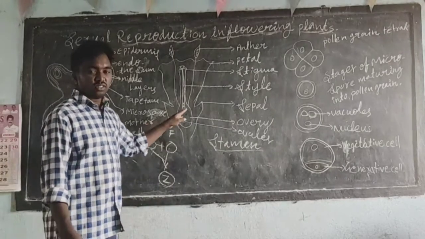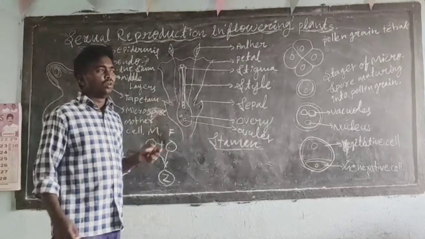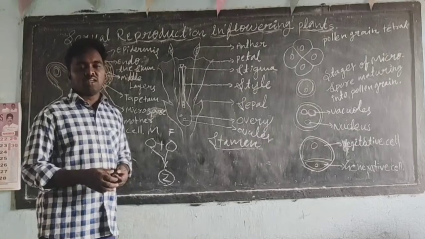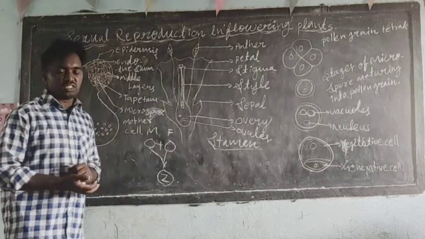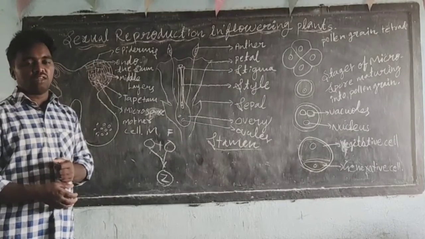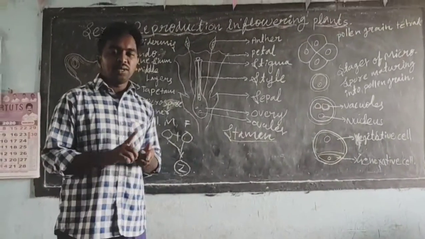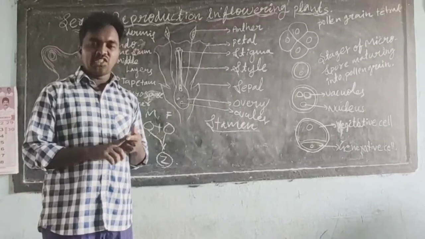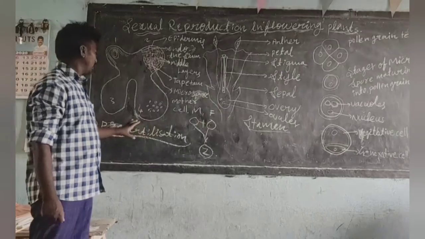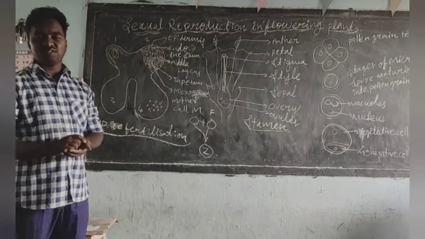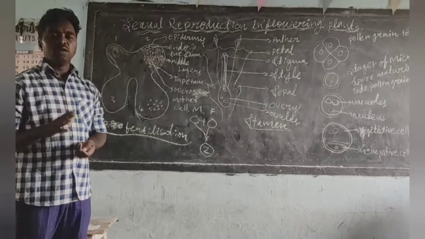This is the common thing in sexual reproduction. So let us understand the process of sexual reproduction briefly. In brief, there are majorly three stages in sexual reproduction: pre-fertilization, fertilization, and finally post-fertilization. Here, the first stage is pre-fertilization.